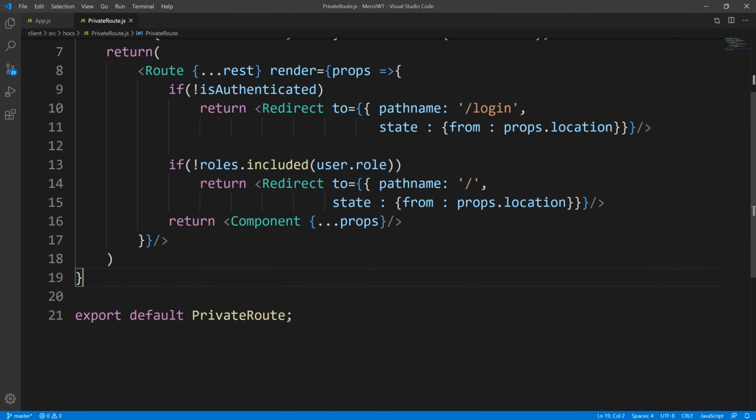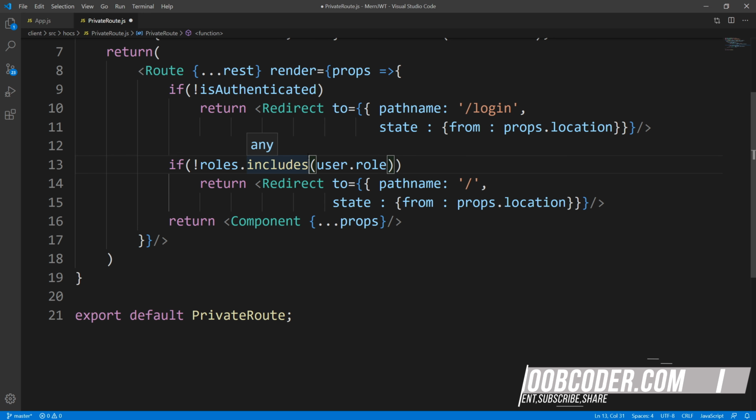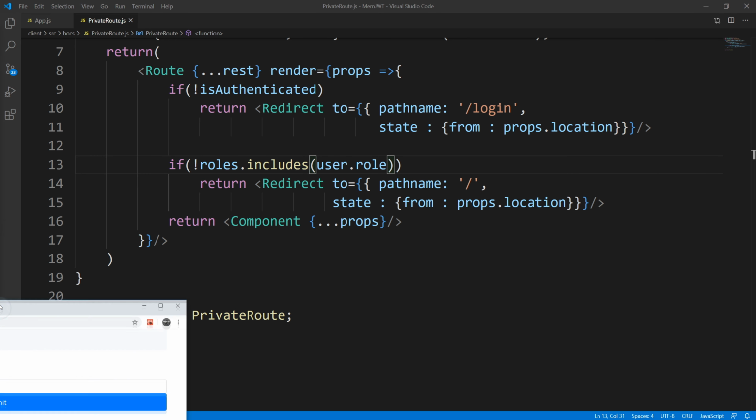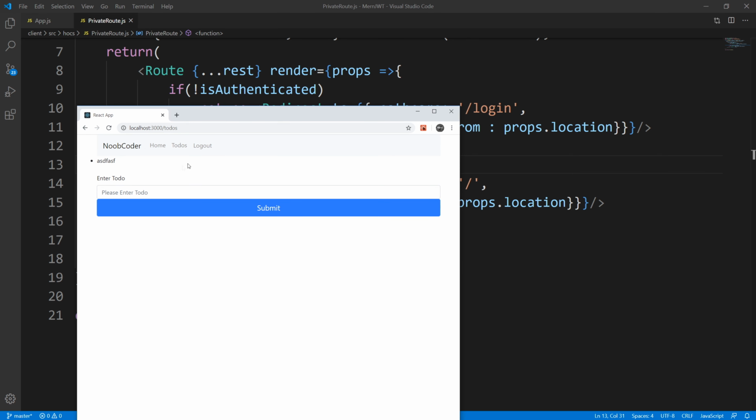And this should not be rows included. This should be rows includes. All right, so now let's save this. And there you go. So I already logged in, so I'll log back out and we'll sign back in as